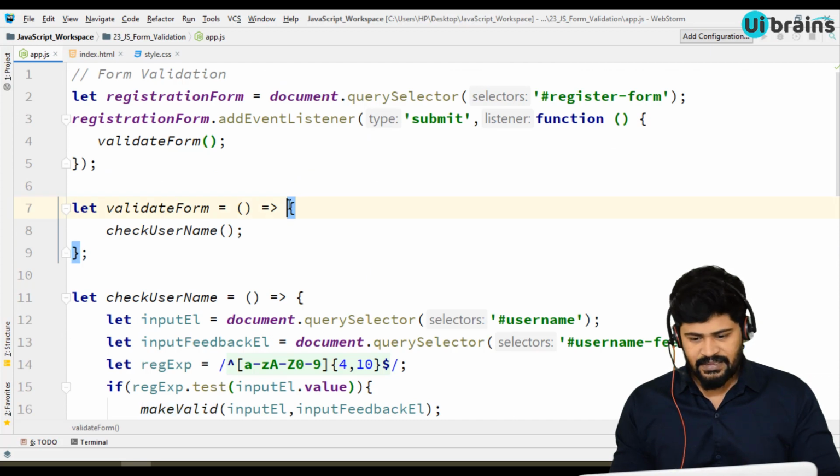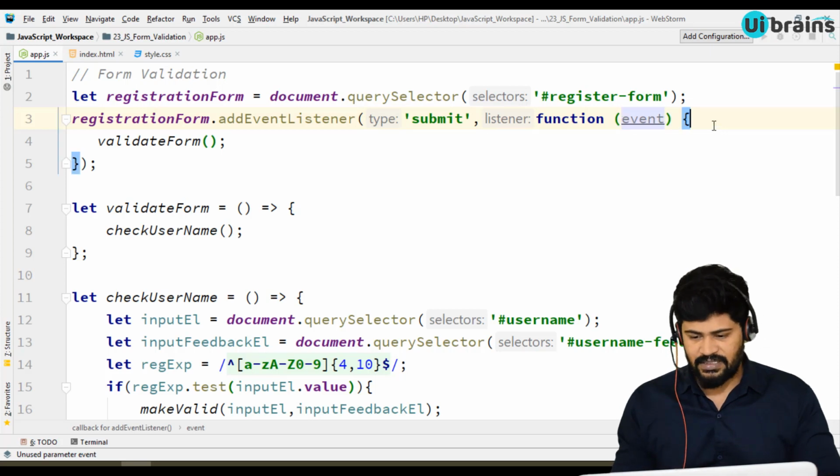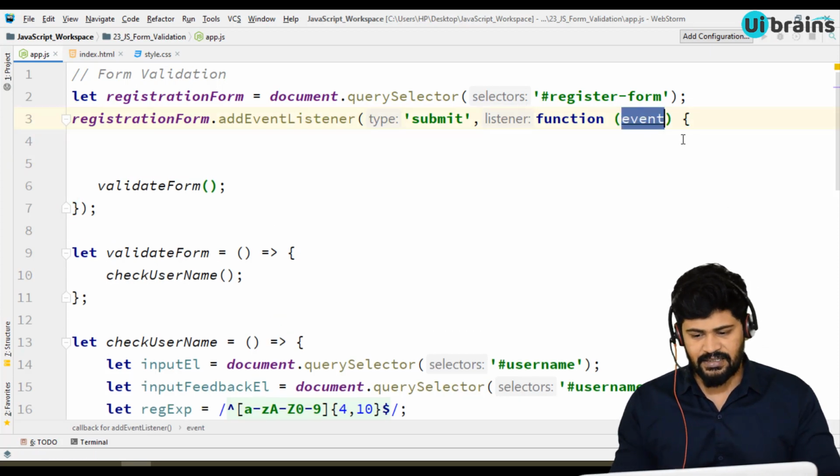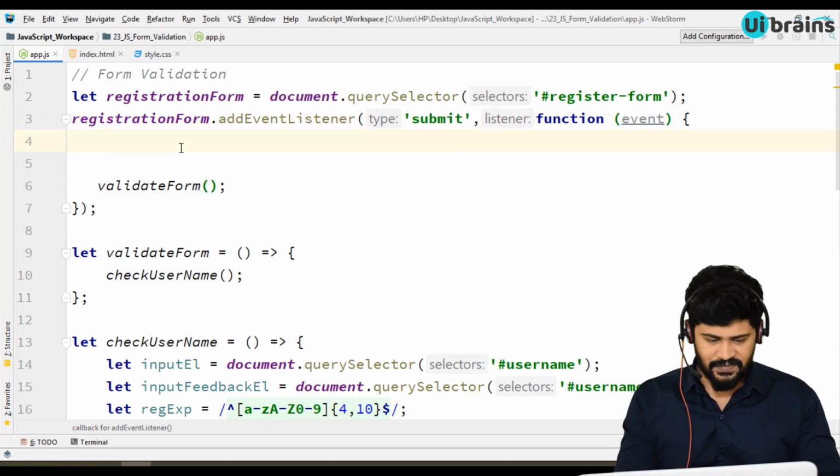One more thing you have to do is, whenever you call a registration submit, this will give you the event. Every event gives you this optional parameter called event, and you must always remember to write event dot preventDefault.